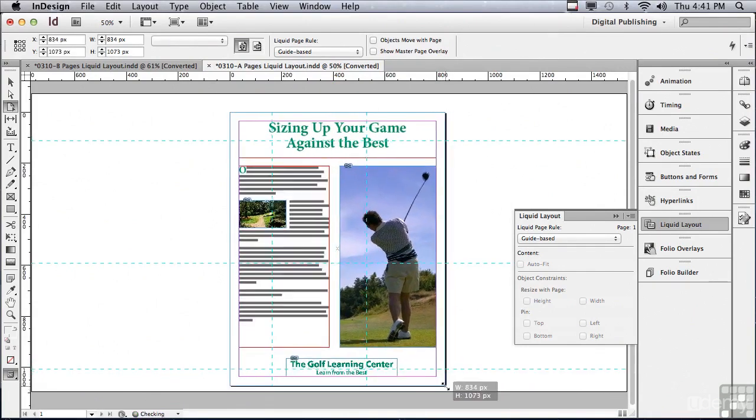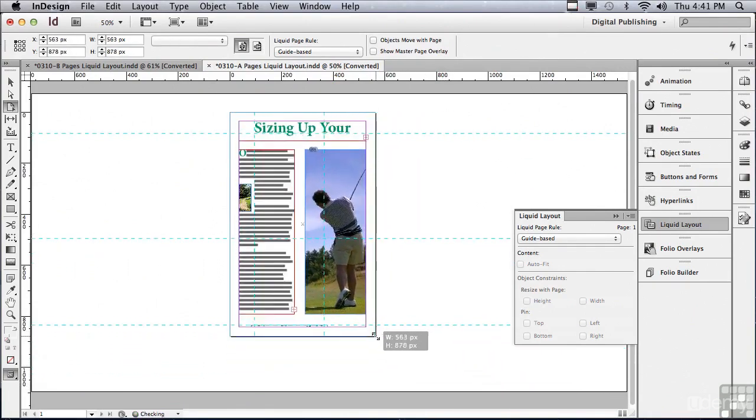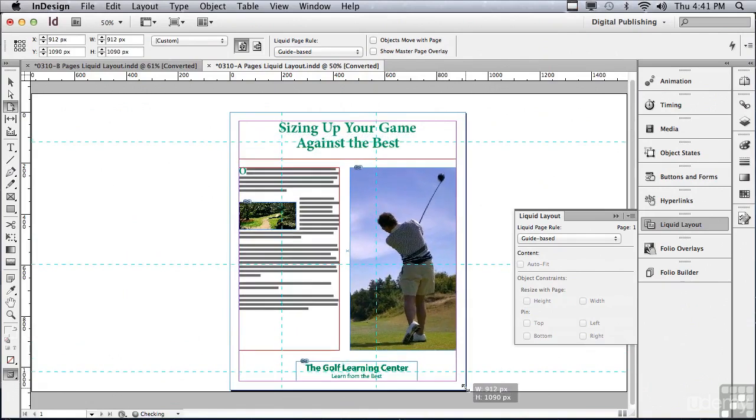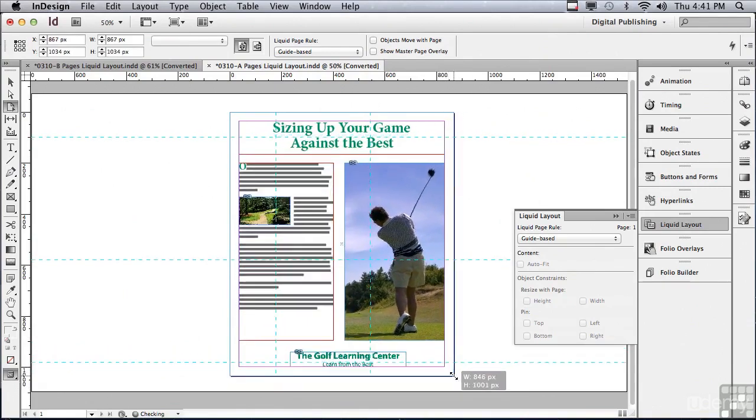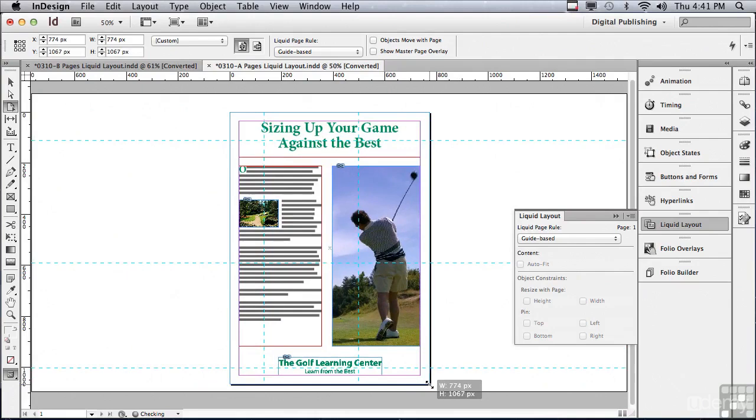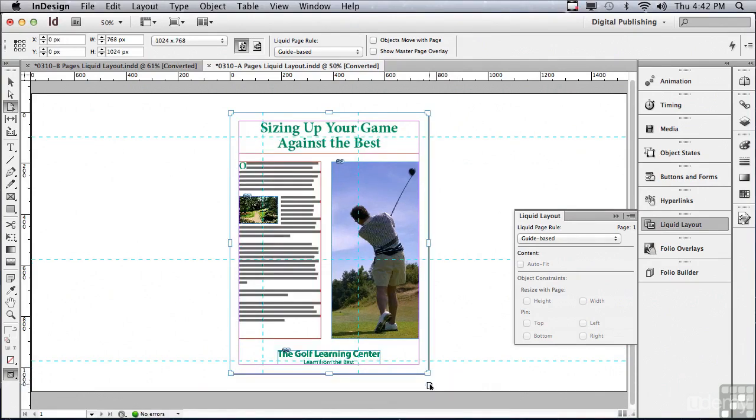Well, that's actually working pretty well. Of course, I'm going to have to do some tweaking. If I make it smaller, I'm starting to lose my logo. You can see that. It's only meant to give you a head start when using alternate layout. And you're probably going to use different rules for different kinds of layouts, depending on which one's going to work better. Let me go to my other layout, which is